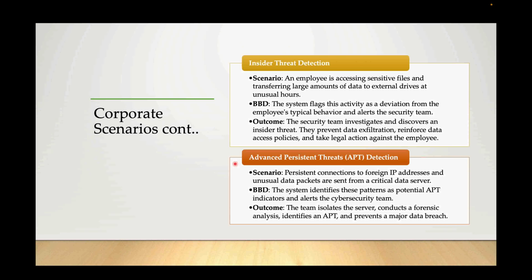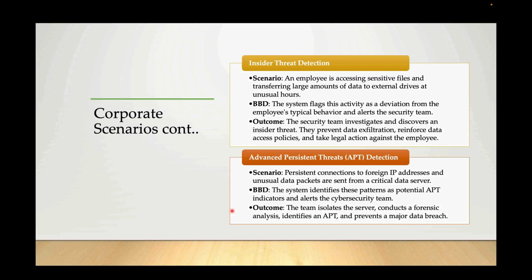Now, the other serious threat is the advanced persistent threat, APT detection. For example, in this scenario, there is a persistent connection to a foreign IP address, and unusual data packets are sent from a critical data server. Now, the system identifies these patterns as potential APT indicators and alerts the cybersecurity team. The result, the team will jump in and isolate the server, perform forensics analysis, identify an APT,